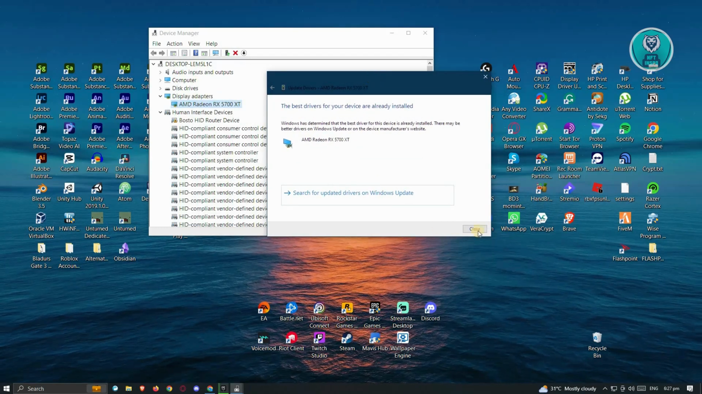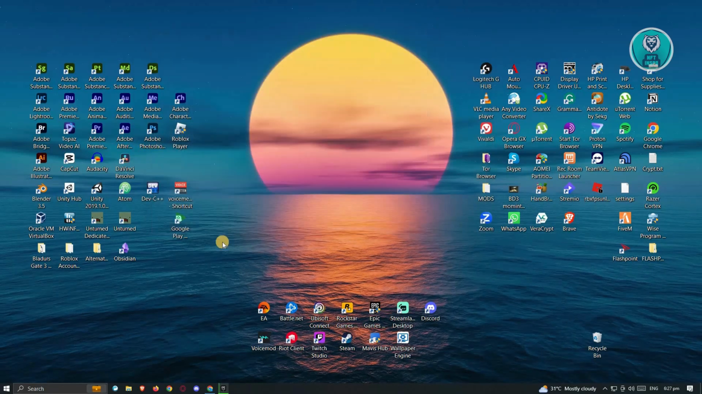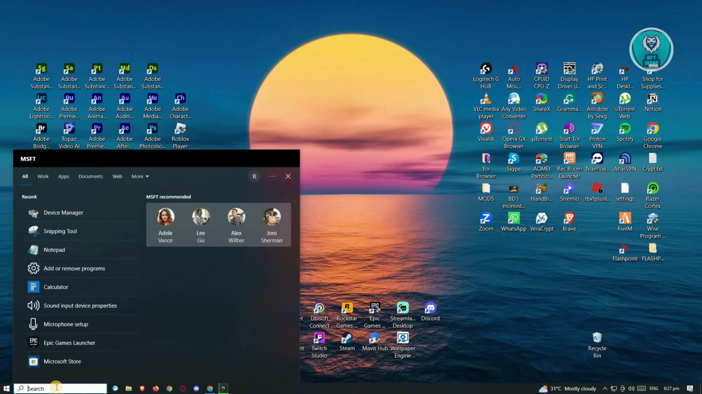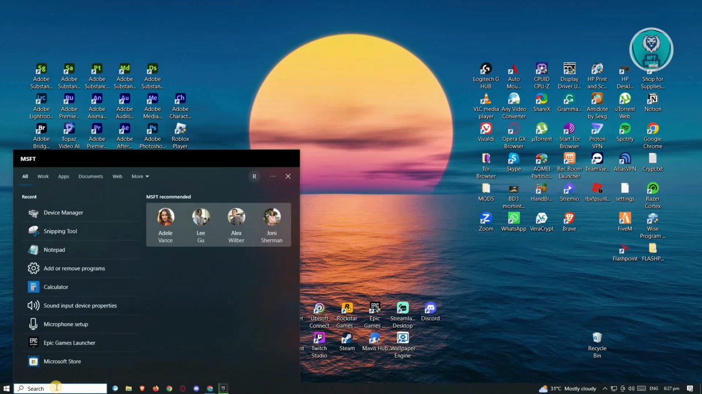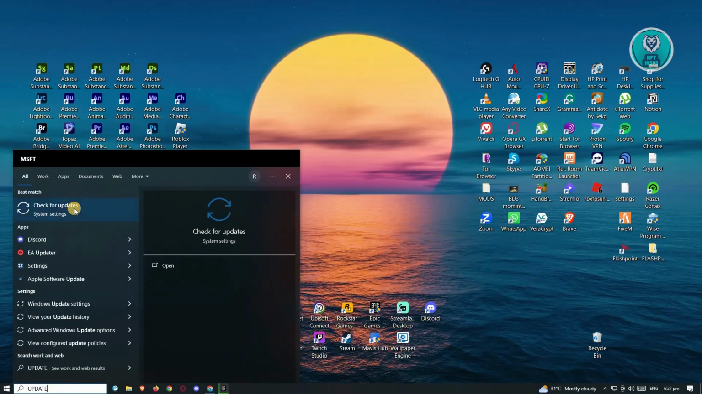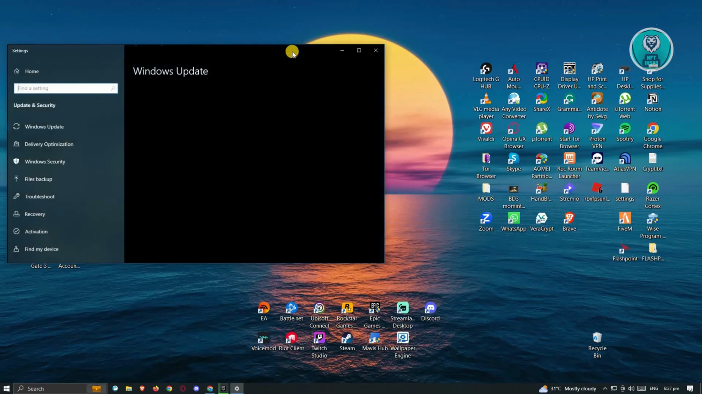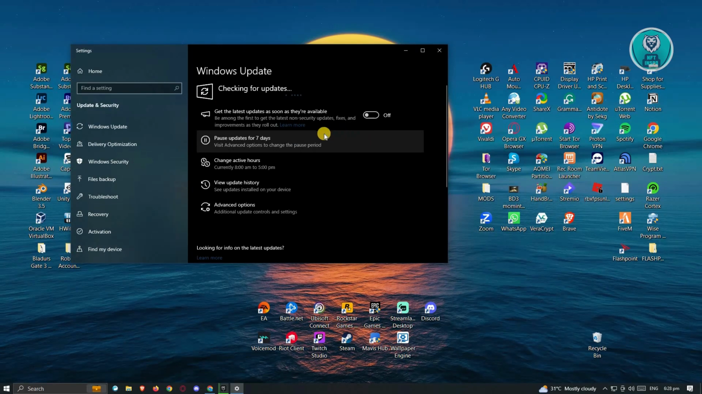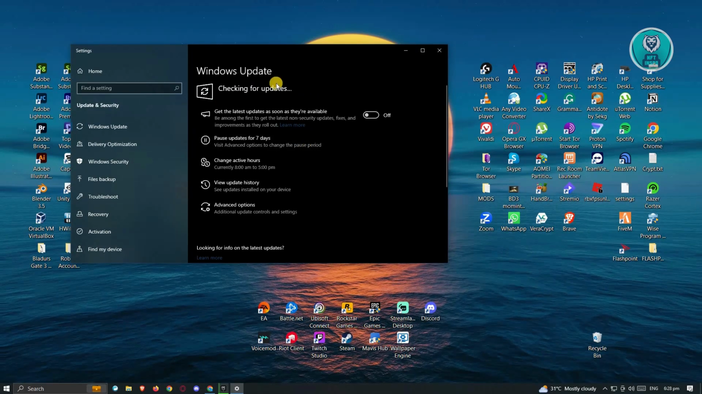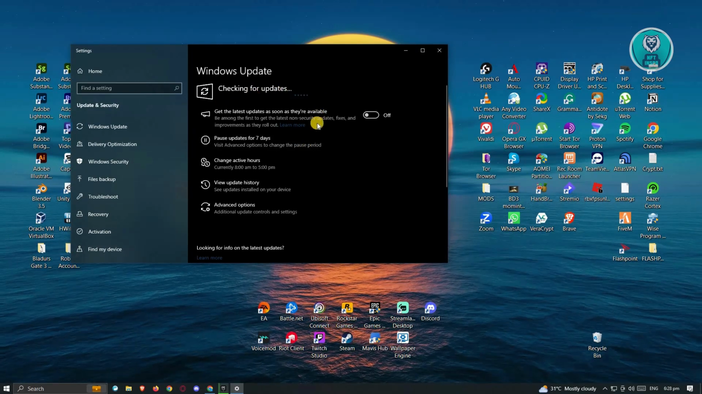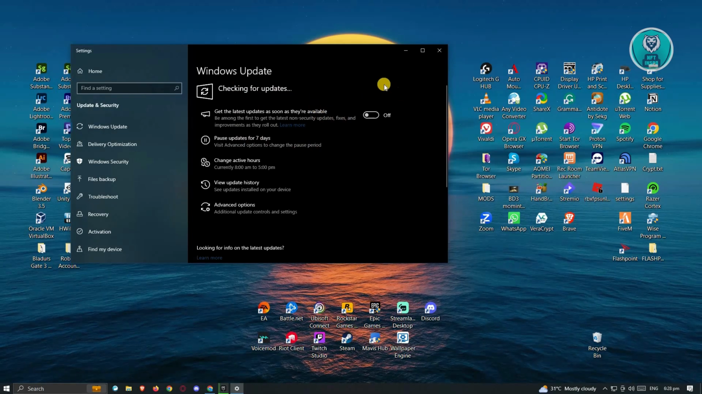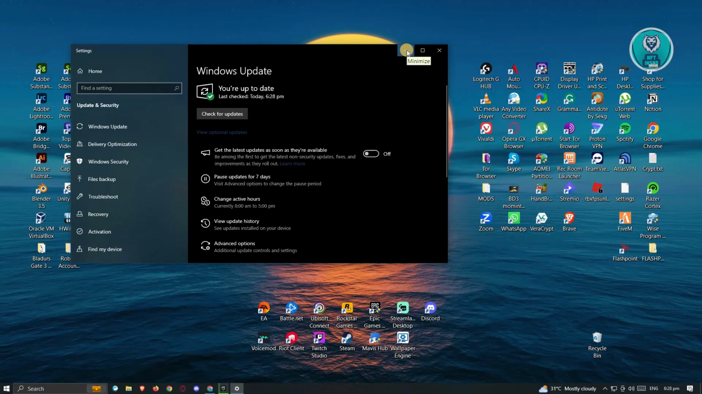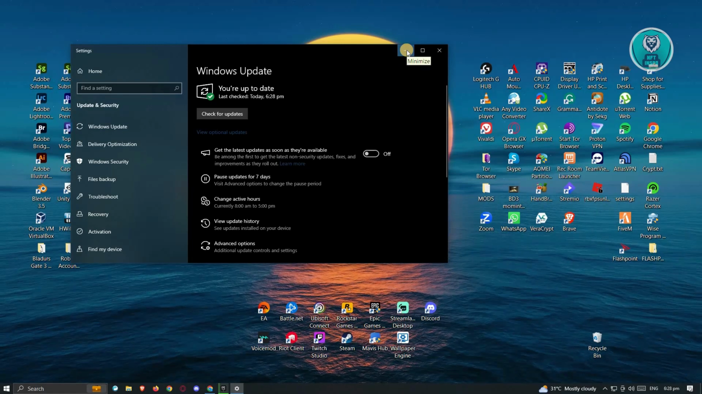Once you've done that, the next thing you want to do is make sure that Windows is up to date. So again, go to search, type in update, and click on check for updates. If there are any updates, make sure that you install them on your Windows, and from here on you should be good with your updates. Then go ahead and try to open up Fortnite or Lego Fortnite again